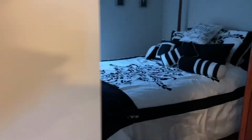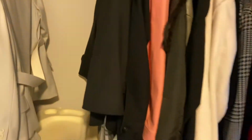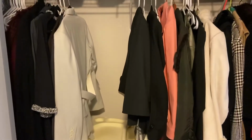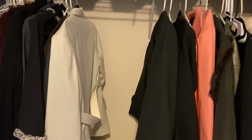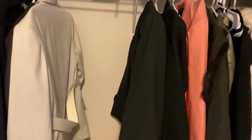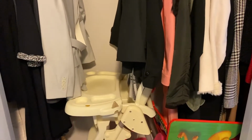So I'm going to start in my spare bedroom that I rarely come in, but I have a closet up here. This is real life. So this closet was originally meant to be an overflow closet for coats and things that I wasn't wearing all the time, which is never a good idea because once you start to put it aside in a room that you don't have visibility to, you're probably not going to wear it. And you end up with a bunch of stuff you haven't worn in a year or more,